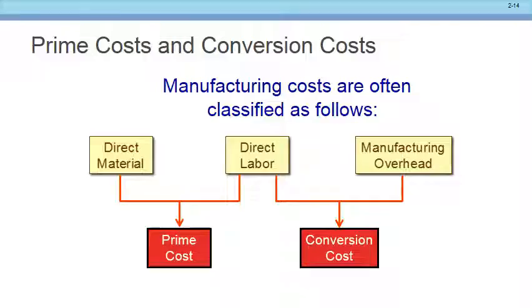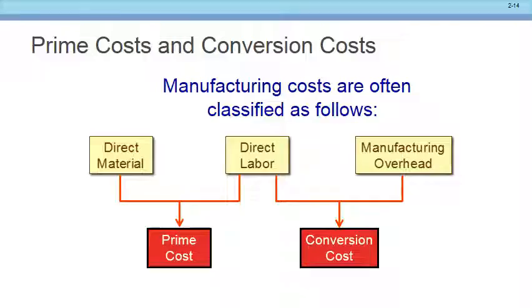Okay, so it begs the question, well, why don't you just call direct labor and manufacturing overhead conversion costs and just call your prime cost direct materials? And my answer is, well, then you'd be ignoring the fact that labor is a prime cost, but it's also a conversion cost. Isn't it annoying? I don't know what you want me to tell you. I don't have much more of an answer than that. If you're waiting for deeper meaning, stop doing that. Okay? There is no deeper meaning.